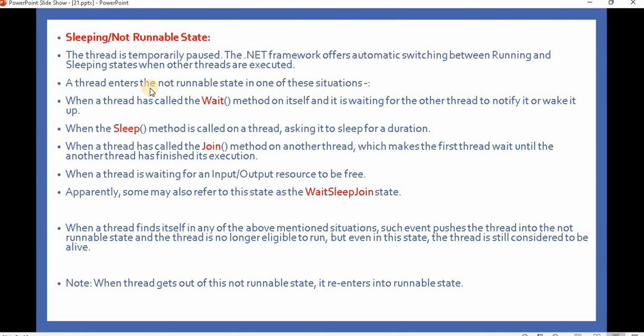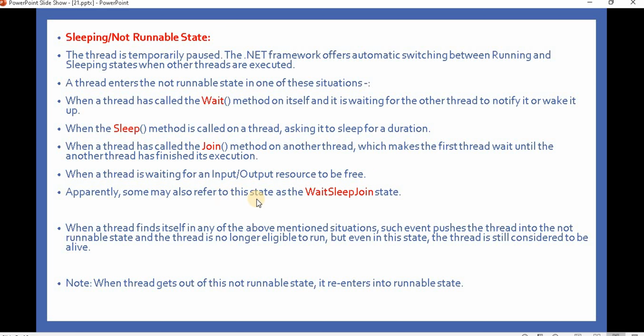A thread enters the not runnable state in one of these situations: when we call the Wait method, it is waiting for another thread to notify it or wake it up; with the Sleep method, that particular thread will sleep for a particular time duration; when a thread has called the Join method on another thread, which makes the first thread wait until the other thread has finished executing its code; or when a thread is waiting for an input/output resource to be free.